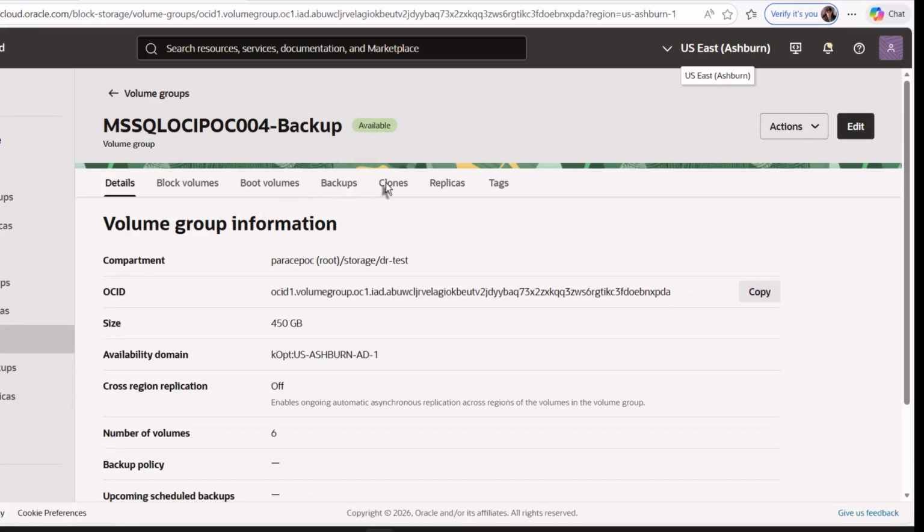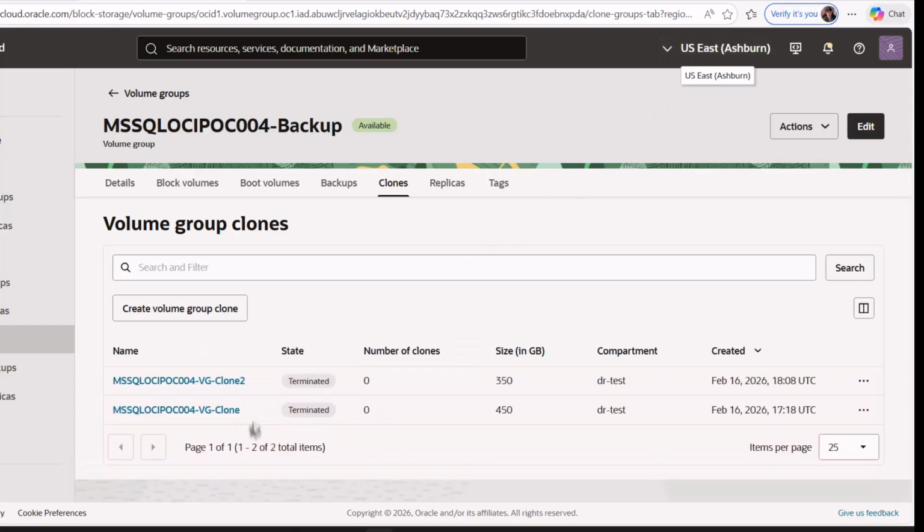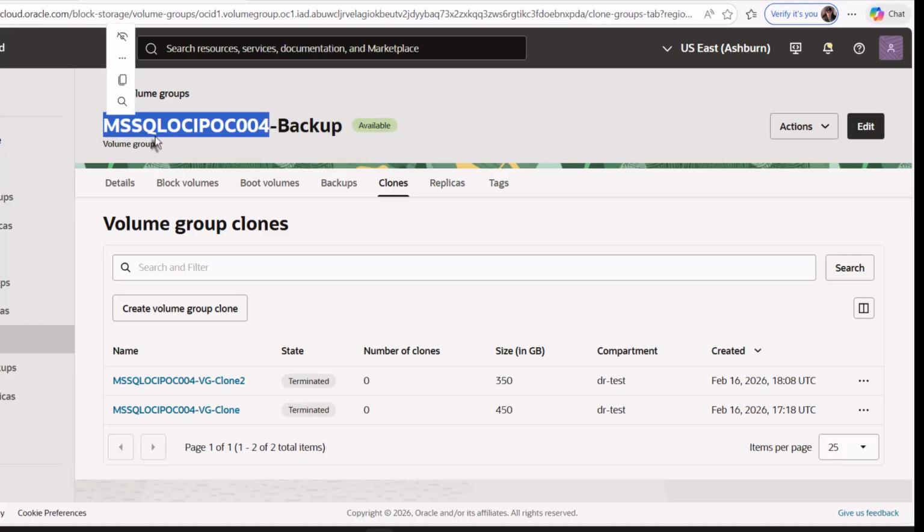All right, so here's the volume group. And you can see I've created clones before while I was testing that I've terminated. And those are the two clones that I've terminated. So I'm going to create another clone now, which should give me a point in time copy of all the volumes that are members of this volume group. So I'm just going to go in here and create volume group clone